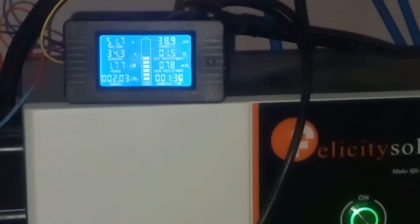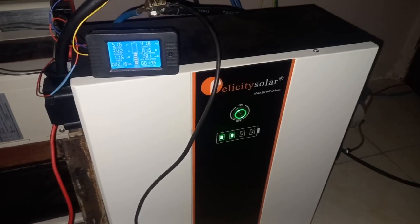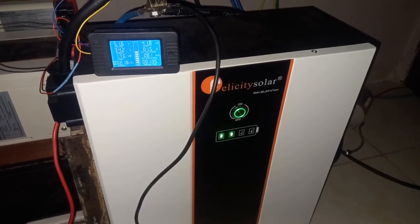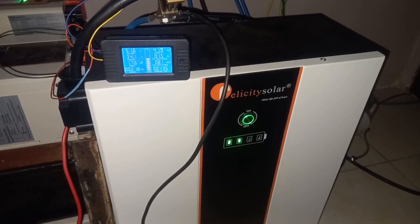I have connected that 2 kilowatt heat gun. It is drawing 1.77 kilowatt now, and so far we have drawn 2 kilowatt hour. The battery voltage is at 51.7. The second capacity bar went up at 41 amp hour, or I think 2.1 kilowatt hour. We are 3 hours into this test. So far we have drawn 2.8 kilowatt hour, or 53.5 amp hour, and right now I'm drawing 987 watt, or